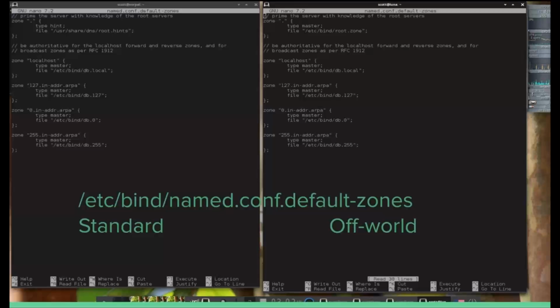On the left, you will see the configuration file, /etc/bind/named.conf.default-zones that exists in every implementation of bind. This is a normal configuration file, and you will note that the root zone, or zone open quote dot close quote, is represented by a hint record that is in a local file. To contrast, in an off-world name server, you will notice the root zone is a master type zone, and it has the root zone data local to it,